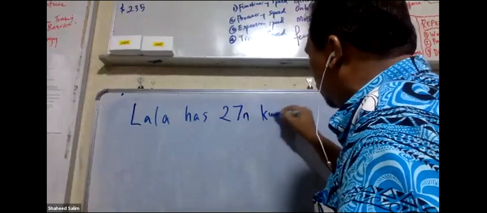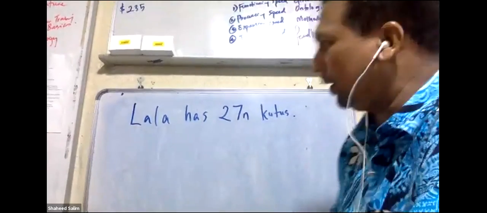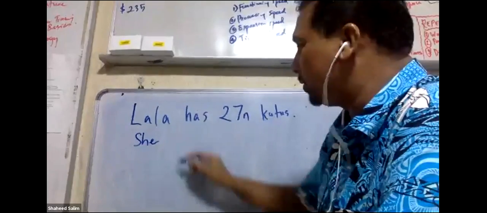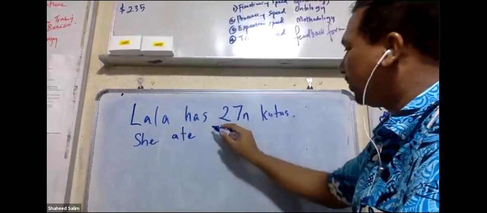Lala has 27 lice. You know kutus? Okay, kutu lah, lice. Dulu I have kutu, you have kutu, when I was younger. Yeah, we are all, yeah. She ate